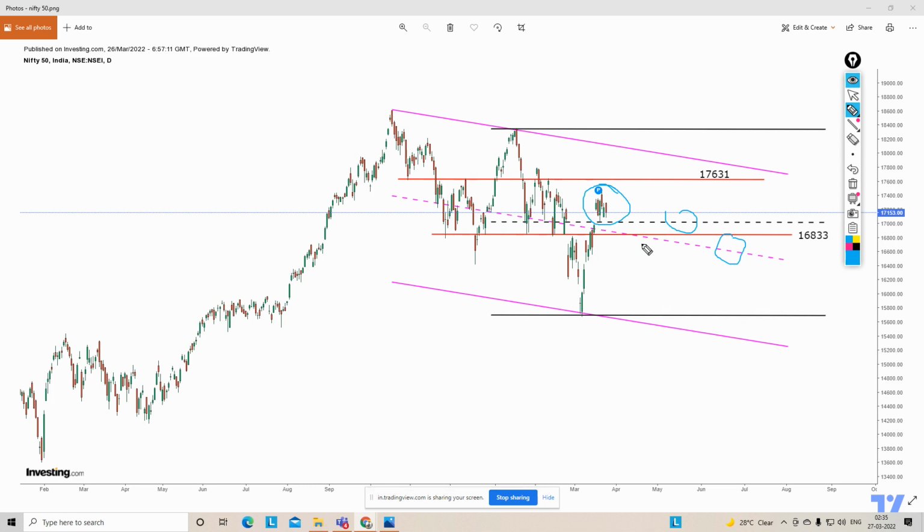Nifty is above the 20, 60, 200 EMA. Bank Nifty is below the 20, 60 and 200 EMA. So the ideology says let's be very, very stock and sector specific for some time, until both Nifty and Bank Nifty go in one direction, and that direction could be any direction, whether it is upward or downward, or after consuming some time consolidating, both move in the same direction. At least both have to have a similar sentiment. We cannot have two distinct sentiments within Nifty and Bank Nifty and predict where